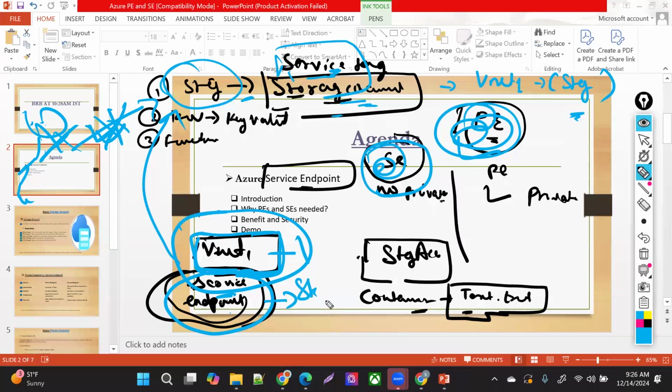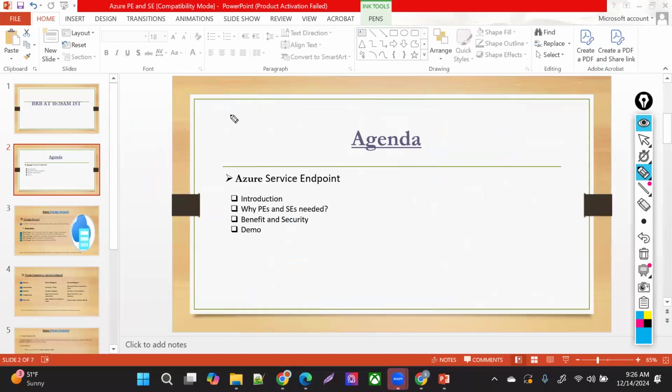Not only this, you can also restrict your communication based on location. Let's say I deployed my storage account in North Europe. This is the location where my storage account is accessible.